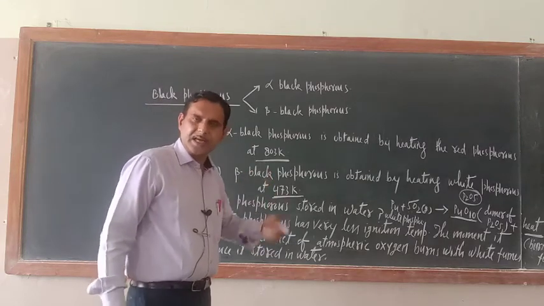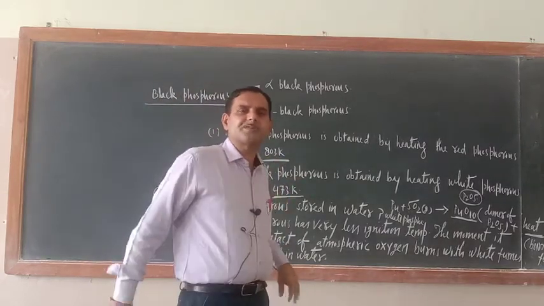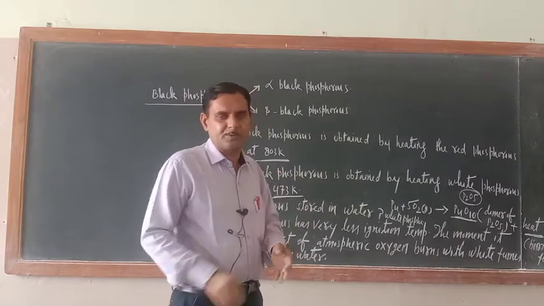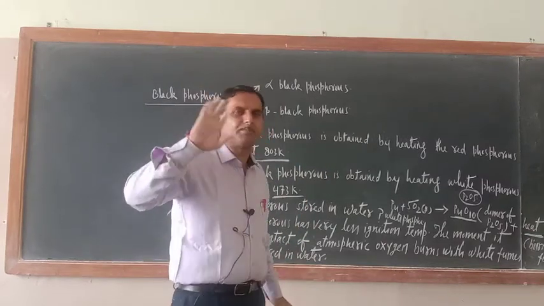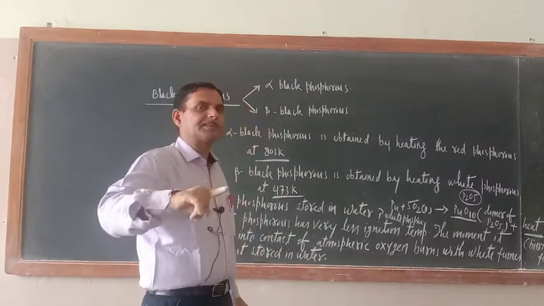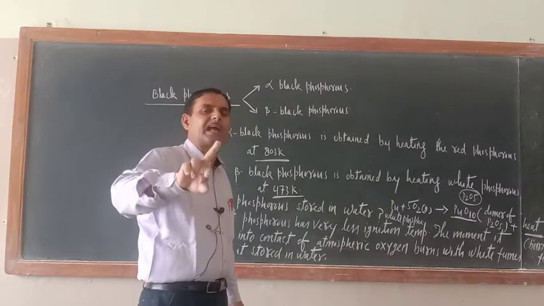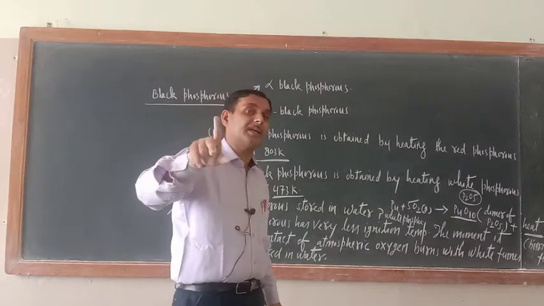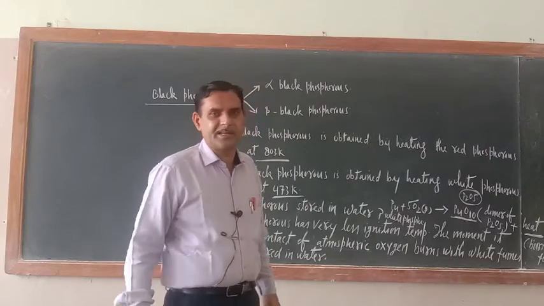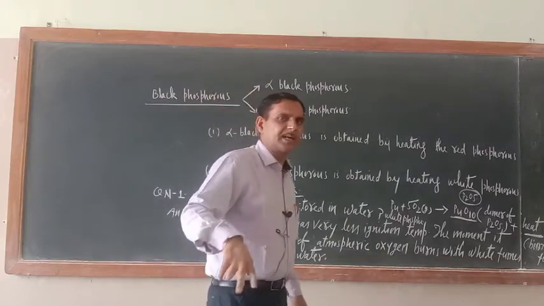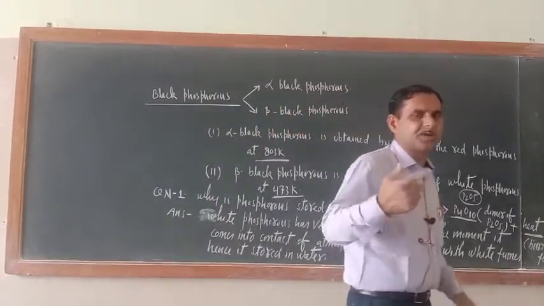Some more questions are there, like how you will distinguish between white phosphorus and red phosphorus. So there is one very simple method. Just see, white phosphorus reacts with caustic alkali like NaOH and KOH. Red phosphorus will not react. Correct? So we'll write that question also, and their answer you should write.